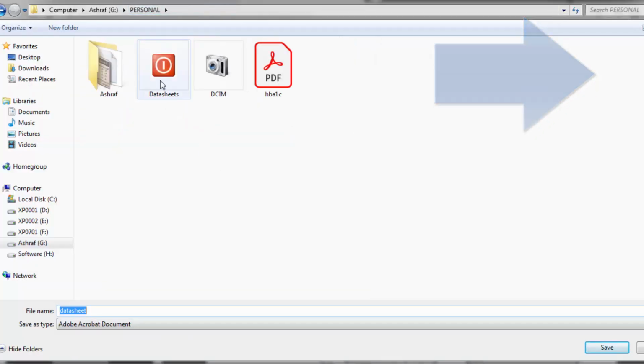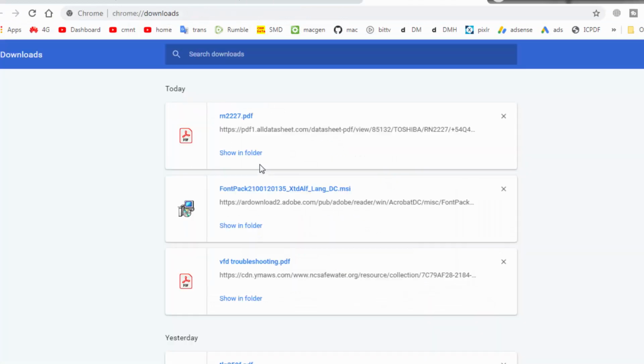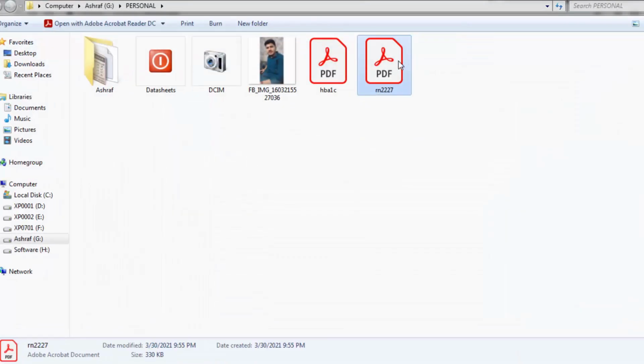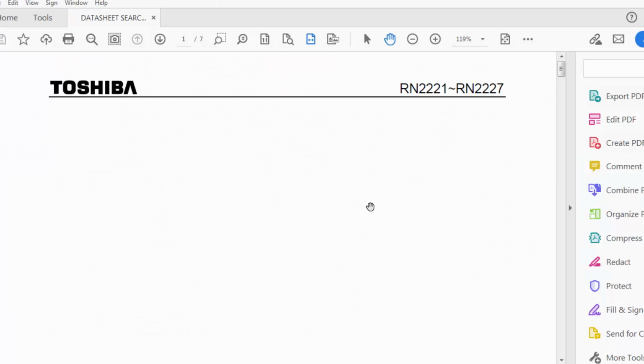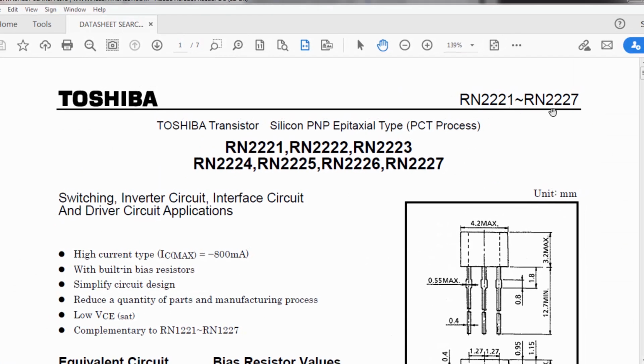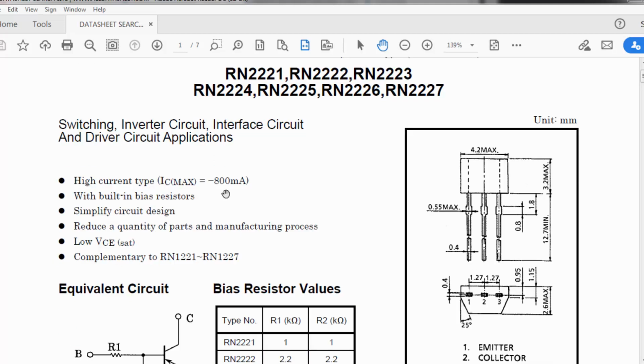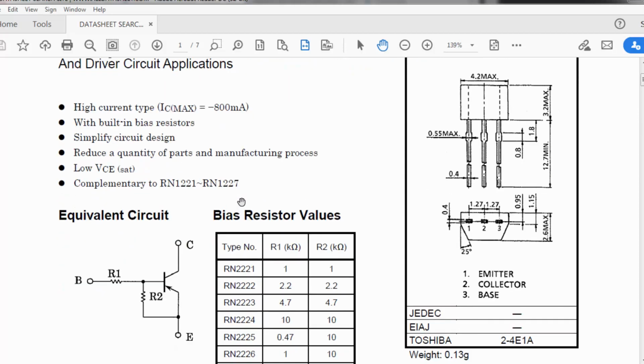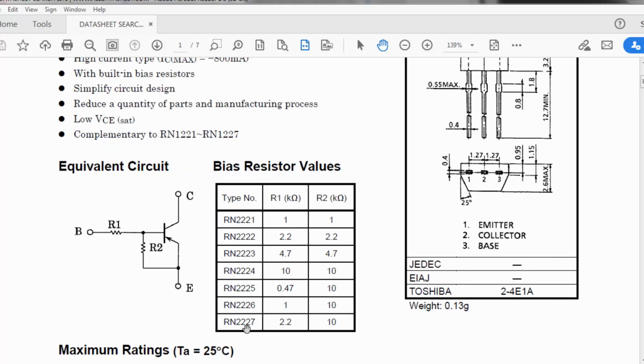Select your location where you want RN227. We downloaded it and I will open it in Acrobat Reader. So it says RN2221 up to 2227 silicon PNP transistor, but it is special purpose. IC maximum 800 milliampere. That means we can use any PNP transistor, we just have to search